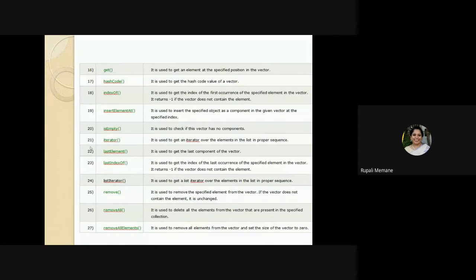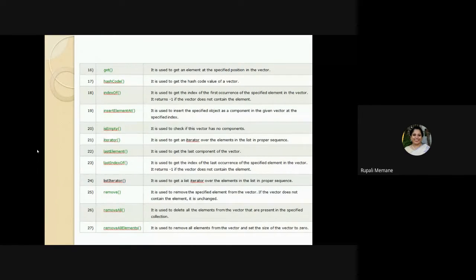Here we select insertElementAt and then we pass the specified index, so the element will get inserted at that particular index point. Then if you want to check whether there are any elements in the vector, we have the method called isEmpty. If the vector is empty, the collection is going to return true, else it returns false. So again, the return type of isEmpty is boolean.